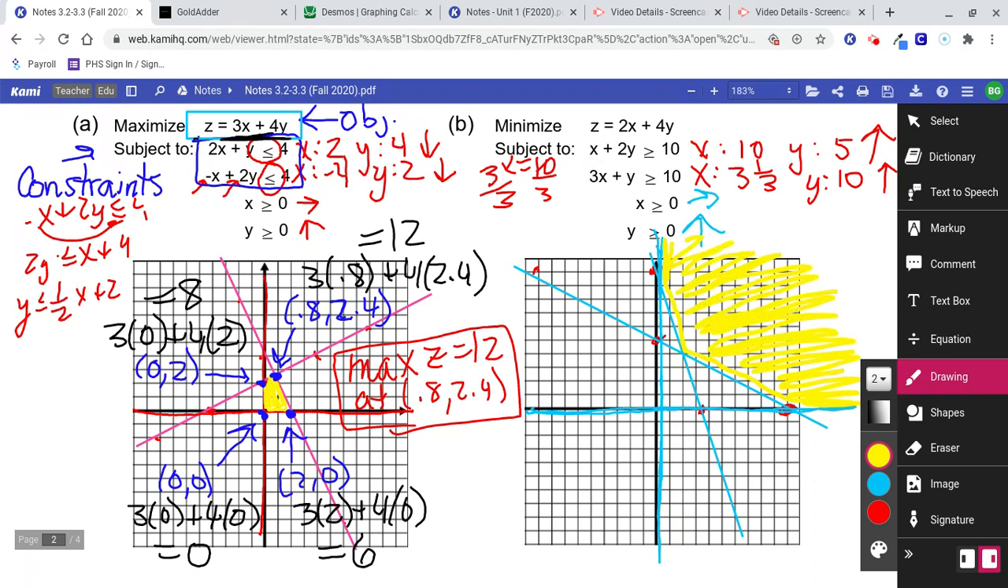This is called an unbounded region because it goes on forever. Okay, it's infinite. It's going on forever and ever. And since this one is unbounded,